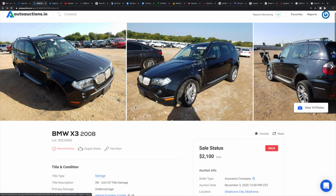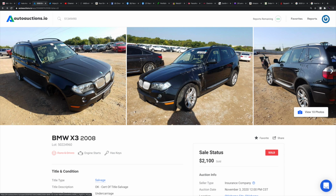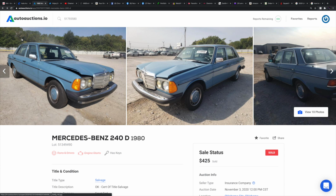In a weekend. This thing went for $2,100 and sold. Sold with 88,000 miles on it, man. $2,100. I think that was a steal. And since we're still on the subject of steals, how about that Mercedes 240D, 1980 model, went for